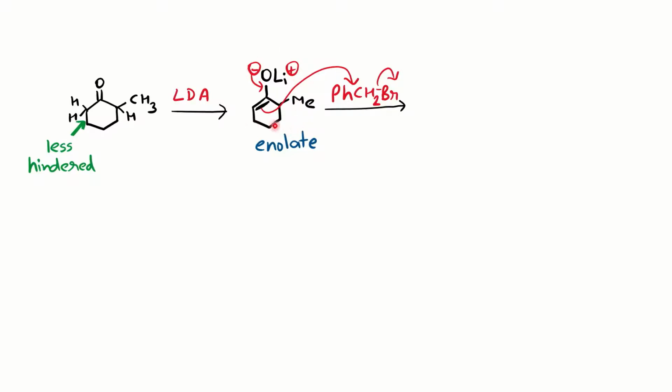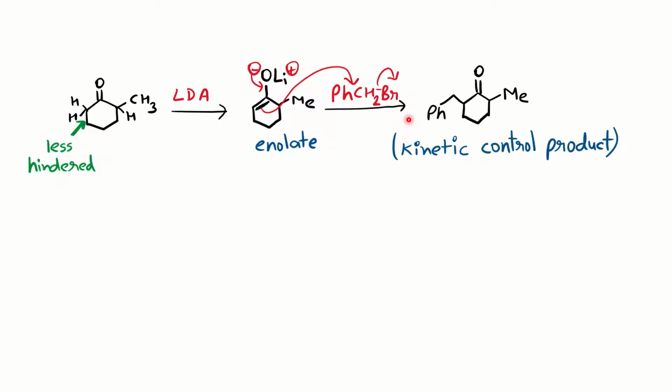This is your enolate. Now whatever alkylating agent is given to you, the oxygen charge will come back and the carbon will attack the alkyl halide carbon, with removal of Br. So there is loss of lithium bromide here, and you will get the product. If they ask, this is called the kinetically controlled product, because basically you were supposed to get the reaction on the carbon where the methyl is attached, but you are getting it on the other side. So it is the kinetically controlled product.